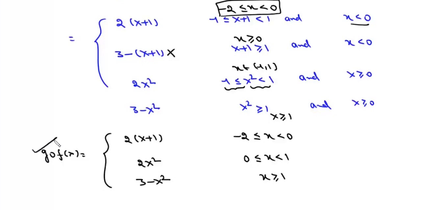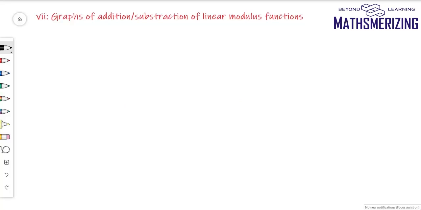So this is the definition of g of f(x) using the algebraic method. So this is how we find composite functions from two piecewise defined functions. Now the seventh transformation that we'll study is how to draw the graph of linear modulus functions when they are